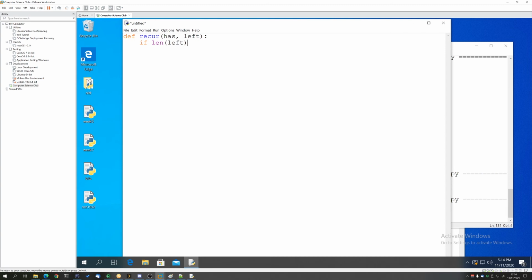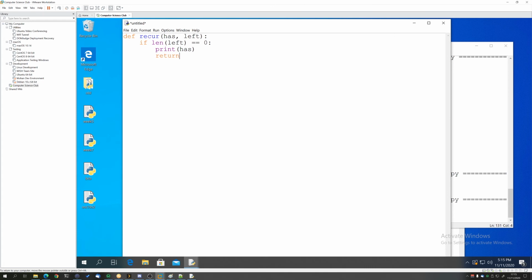So that means that if the length of our left string, so the number of characters that are left, equals 1, that means that we're done, right? So once we have none left, we can print out what we have here. And then after, let's just go ahead and return this as well. So the base case makes sense to everyone. So we basically have a pool of letters, and they're split between letters we've chosen and letters we haven't chosen yet. So as our pool of letters we haven't chosen yet gets moved into letters we have chosen, that's going to be us building the string, right?